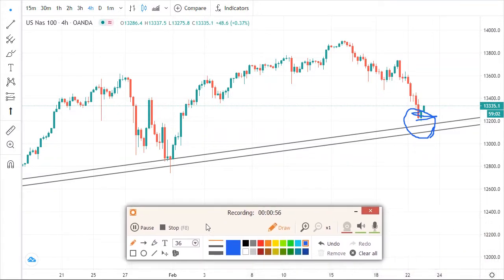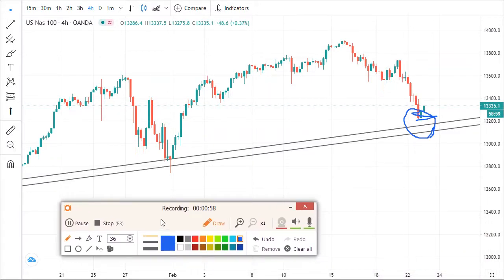But what I'm trying to say here is not that you have to chase trades. If you have opportunities like this, or if maybe you checked the analysis yesterday, I don't think maybe you